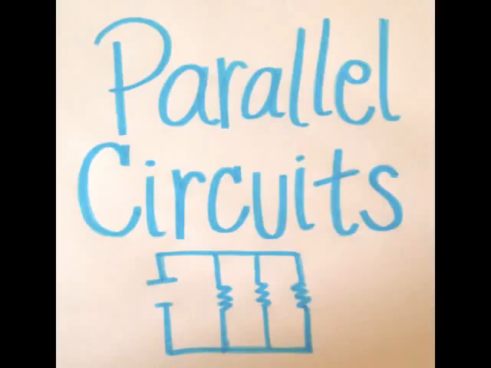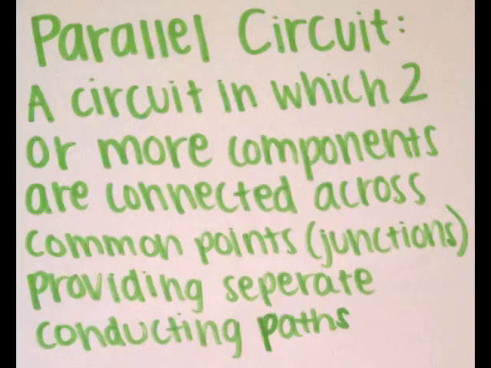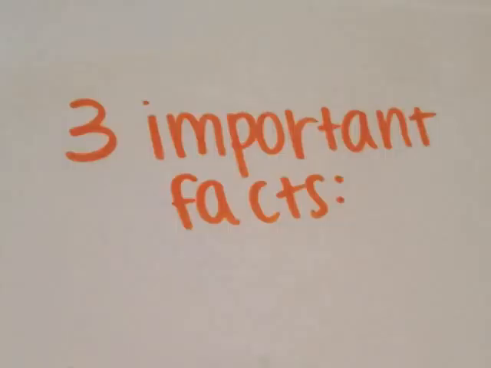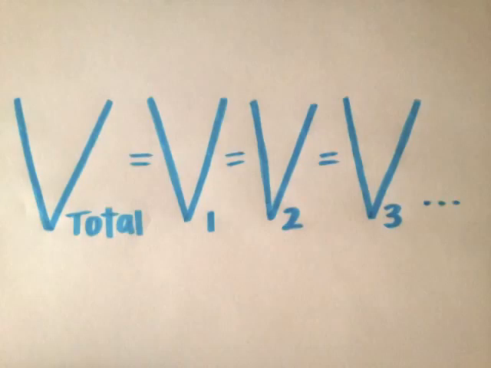Today we will be learning about parallel circuits. A parallel circuit is a circuit in which two or more components are connected across common points or junctions, providing separate conducting paths. The three main things to remember about parallel circuits are: the voltage of each resistor is equal